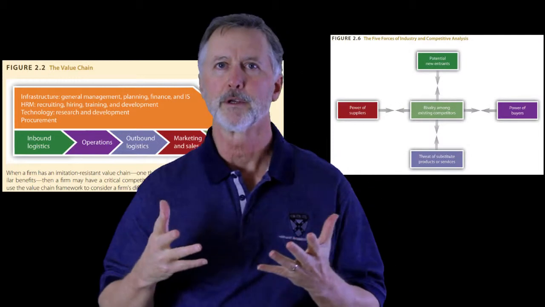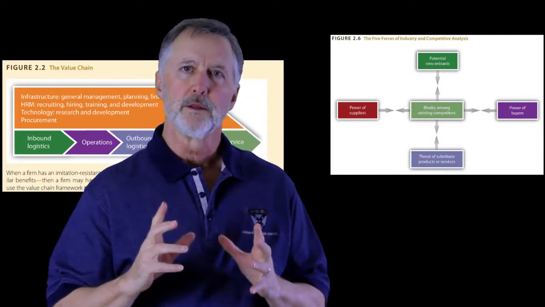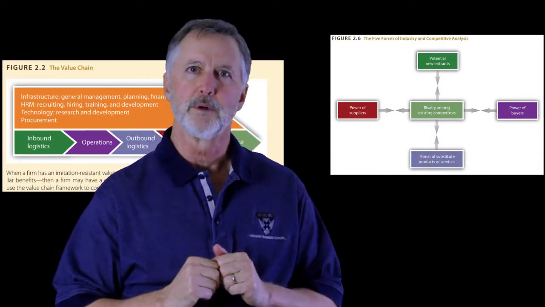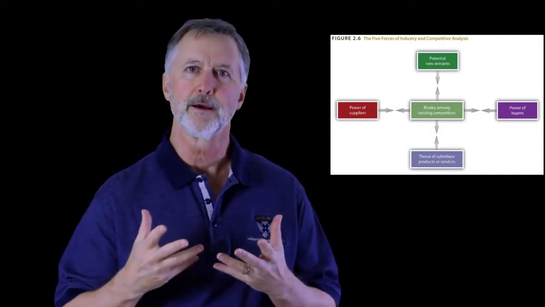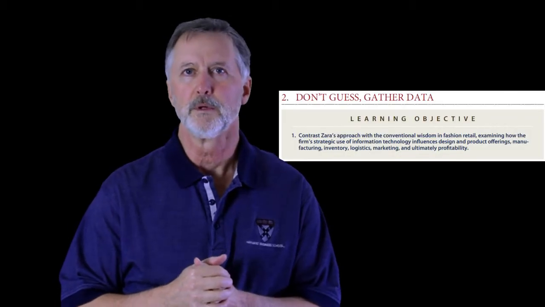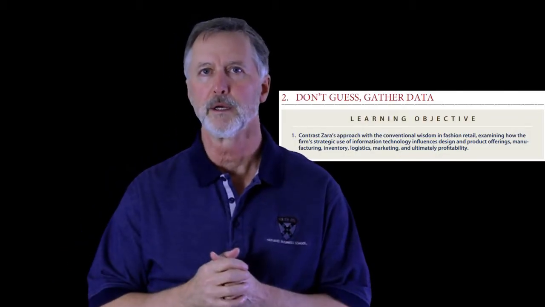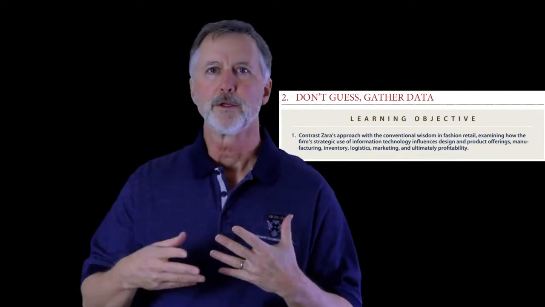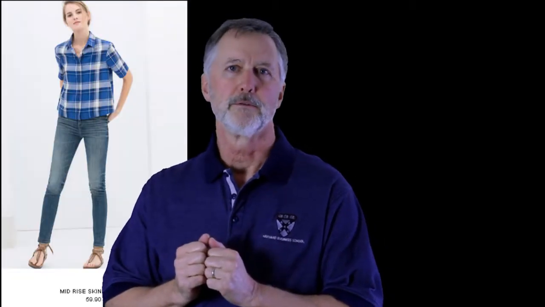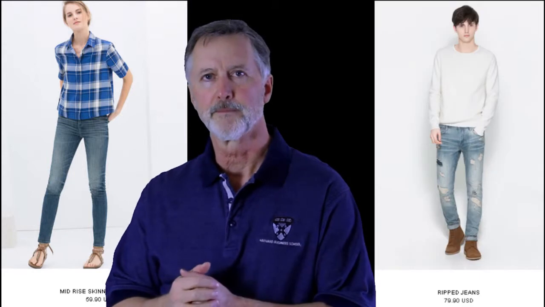It's very dynamic. Zara, the chapter 3 example, think about what competitive resources they have that maybe the Gap and others don't have. For example, they collect a lot of customer data, and that customer data drives their value chain that is vertically integrated so that they can quickly turn around ideas on fashion that their customers have.